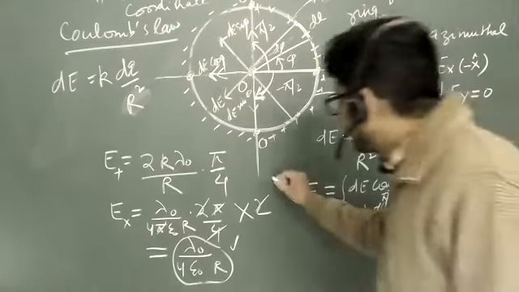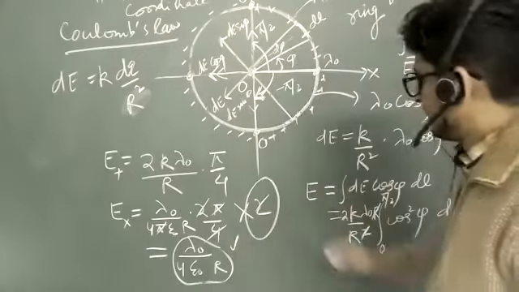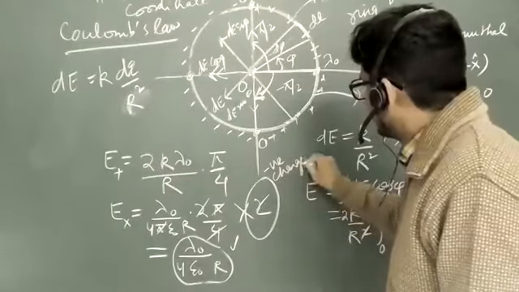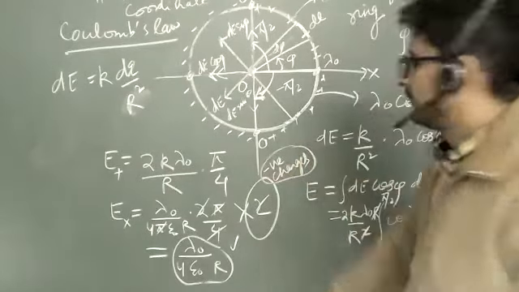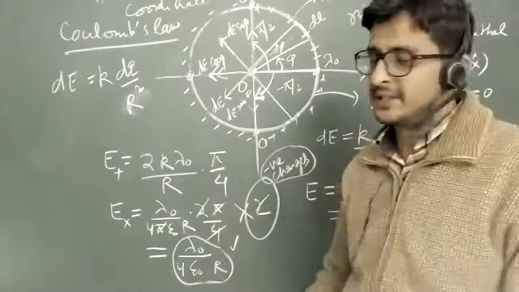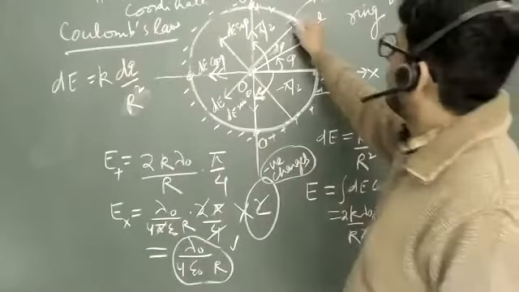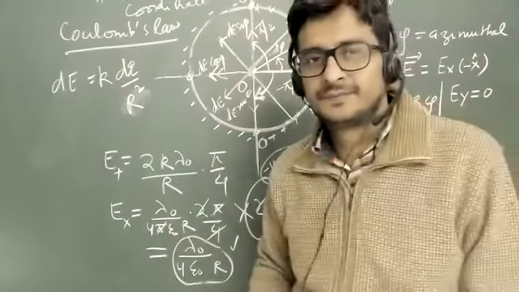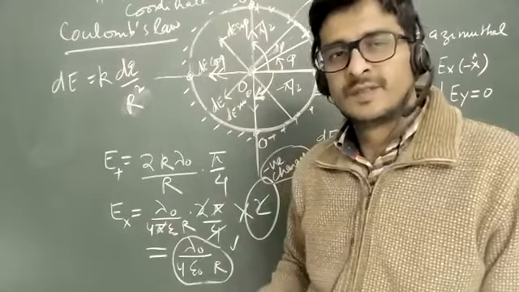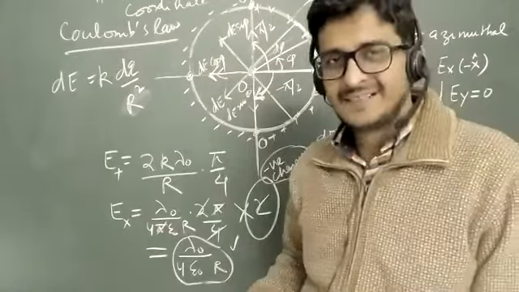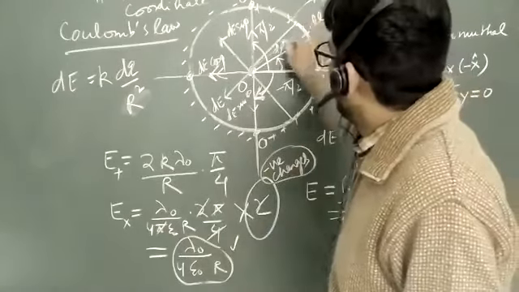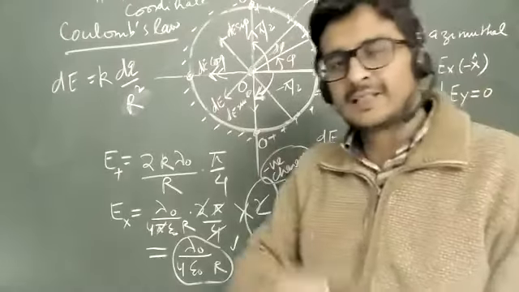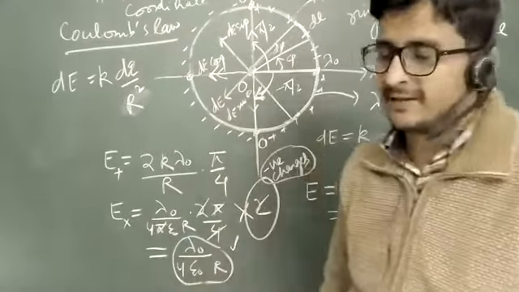ये 2 times सबको याद है? This is because of negative charges. Because the direction of field was favoring, it was in the same direction. And if the whole positive charge was there, what would be the electric field here? 0. Yes, because for every component you have electric field in this direction and this component will have electric field in the opposite direction. So they will keep on cancelling each other. Okay.